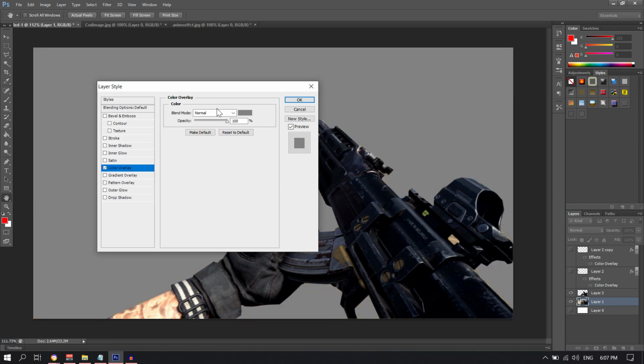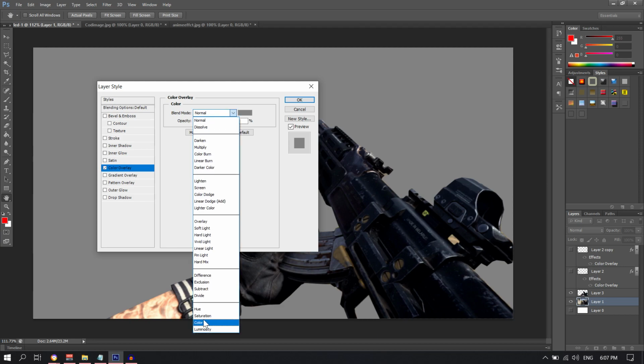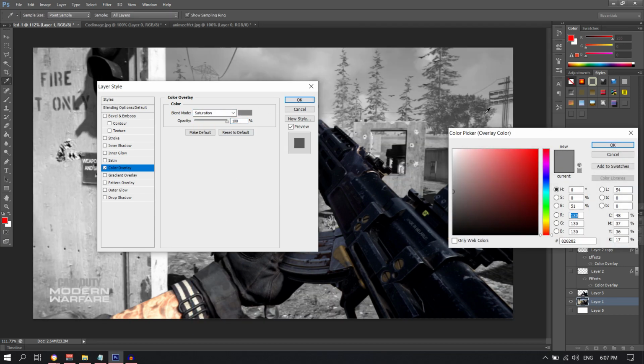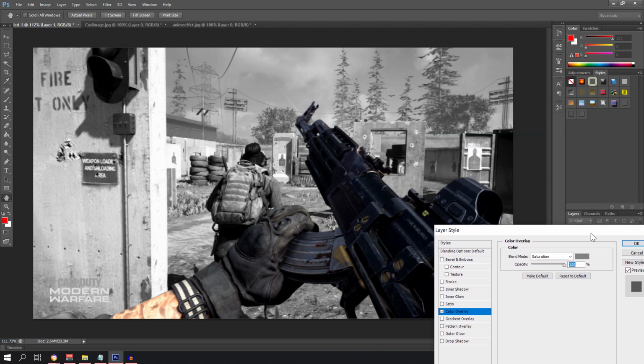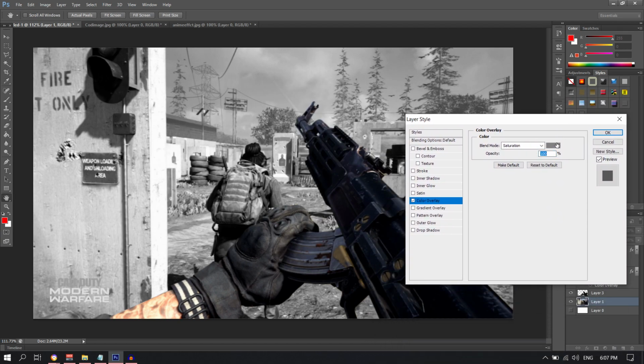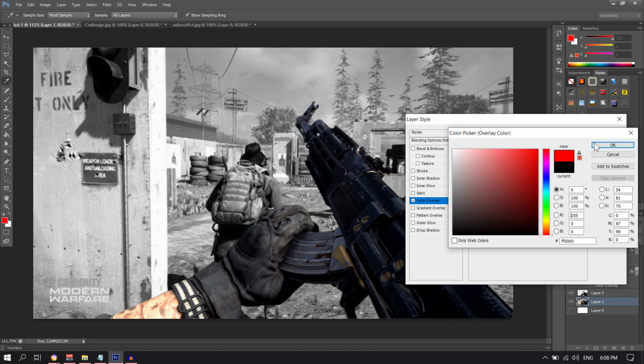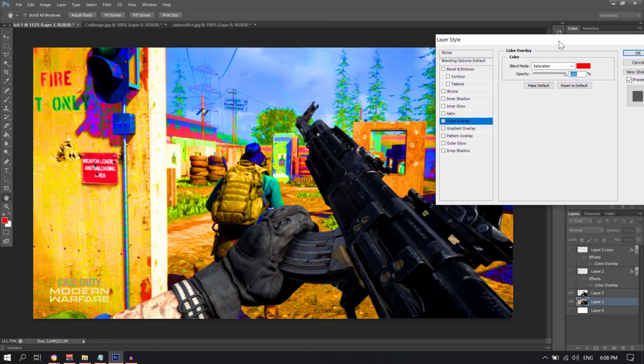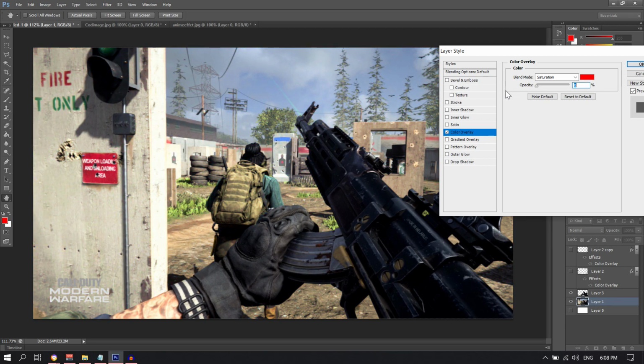There's a nice little trick that I've learned actually, which is going to the color overlay, clicking on the blend mode, going to saturation. Now, this is the part where if you want to make it black or white, you just leave it on a black color with full opacity, or you could even change the opacity depending on the intensity of the black or white you want. And now the other end is to change the saturation to a more saturated picture. This is actually really helpful for making flashier